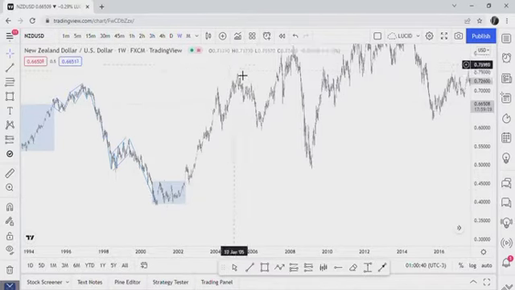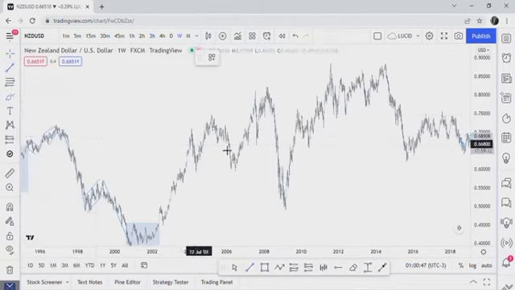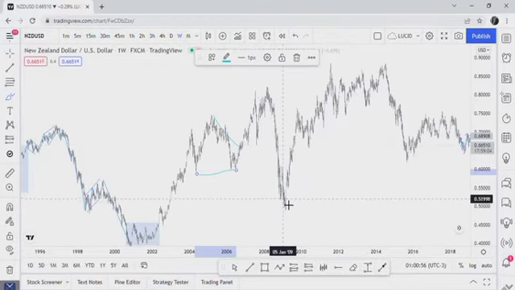So this was a pullback for a correction, a huge correction. This was a huge correction for this impulse, then a sell-off,